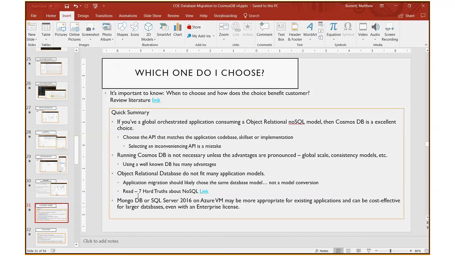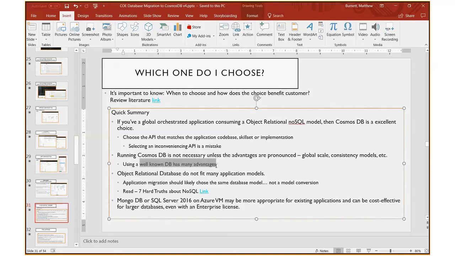Okay, summary. Choose an API that matches the application code base, skill set, or implementation. It's very important. Selecting an inconvenient API is a mistake. That means you don't want to go from an SQL type application to a Mongo API. That causes a lot of disruption and cost. Using a known database has many advantages. So it's not necessarily that Cosmos database is the end-all solution for everything. We have to remember that,